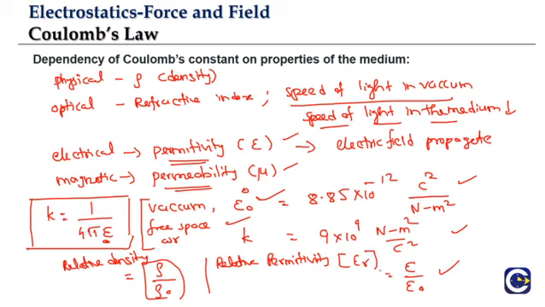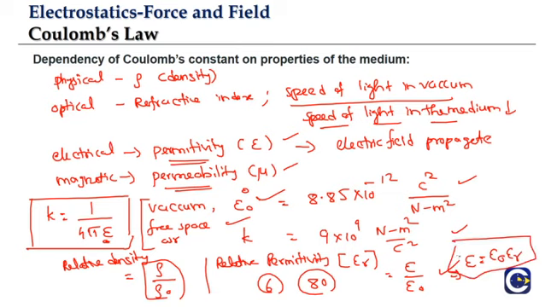These relative permittivity values will be simple numbers to remember. For water this value is approximately 80, and for something like mica the value is 6. So we'll have rounded off numbers for the relative permittivity. If you know the relative permittivity, we can find the permittivity of the medium straight away by using the relation epsilon equals epsilon naught into epsilon r. This is how we can find the permittivity of the particular medium. So this relative permittivity concept is used to easily recall the permittivity values of different media.